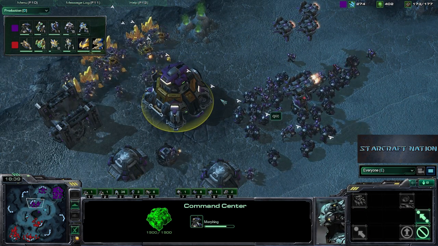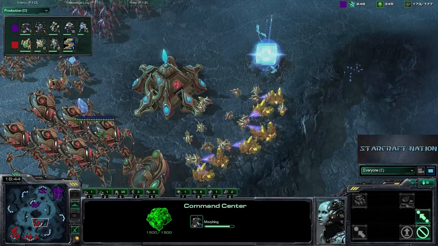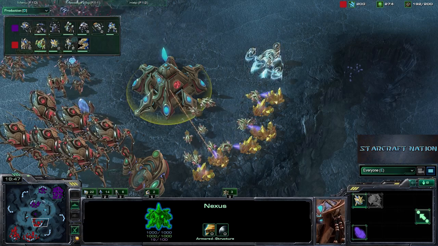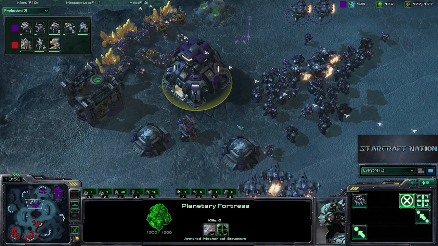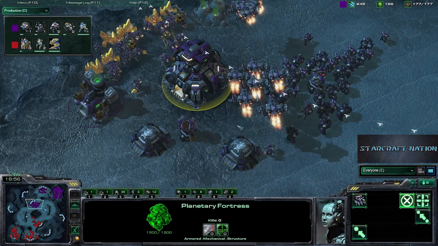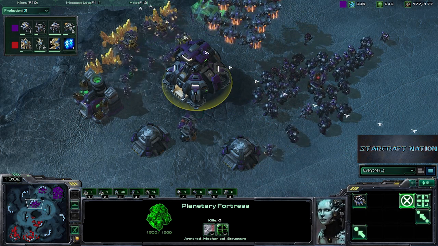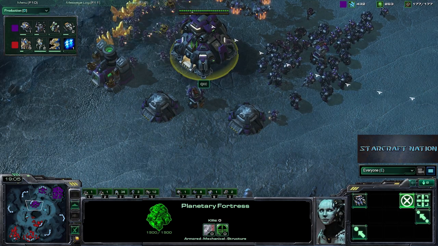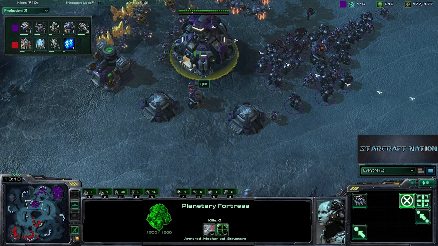Here we go. We have QXC taking this high-yield expansion, so he's expanding along the same kind of pace LiquidHuk is expanding. We'll be turning this into a planetary fortress. Now, on this map, this is very big. This is very, very crucial for a Terran player to get these planetary fortresses down, because it's going to be forcing LiquidHuk to consider the threat that this poses,